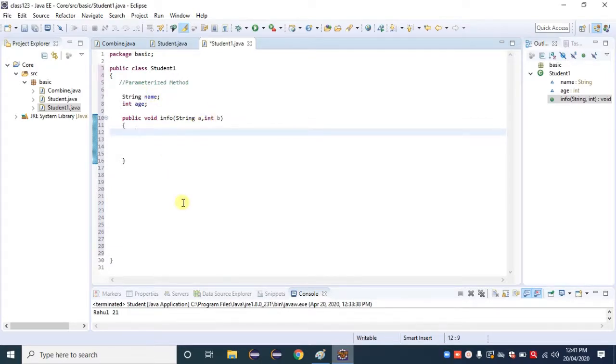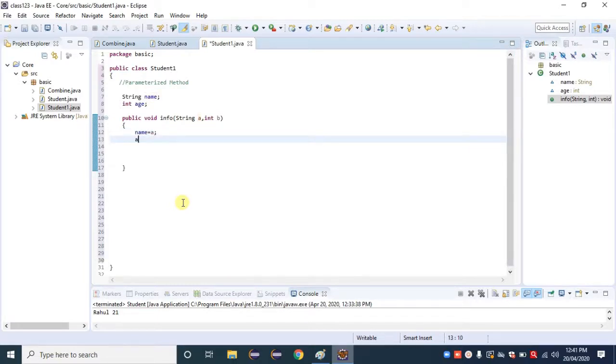It means name is equal to a, semicolon, and age is equal to b. And then here I am writing a printing statement: name plus double quote space plus age.